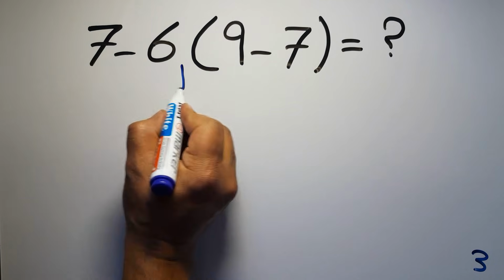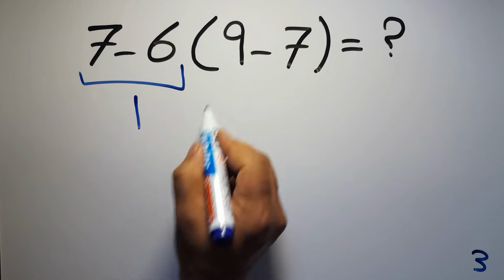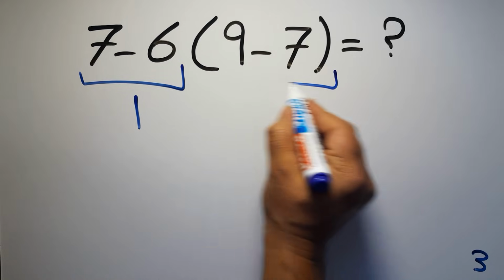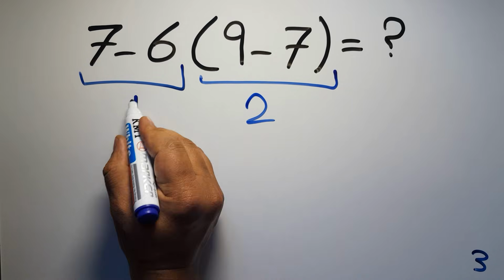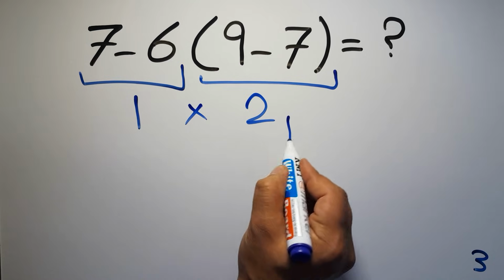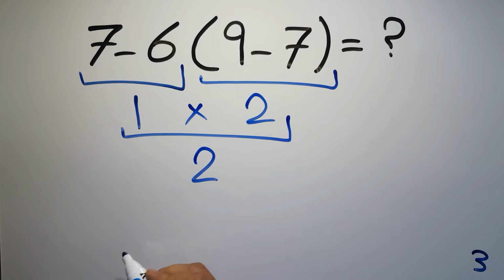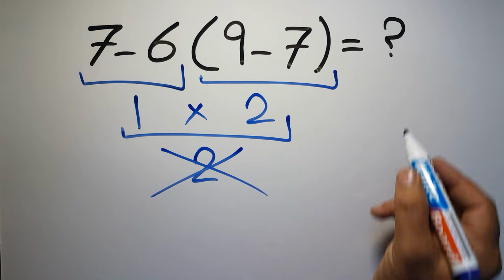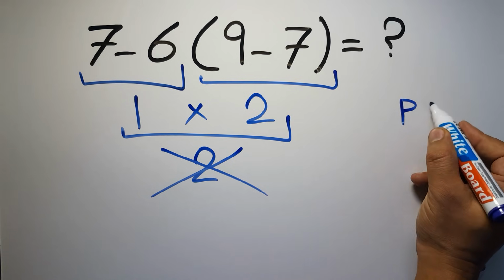7 minus 6 equals 1. And inside this parentheses, we have 9 minus 7, which equals 2. So 1 times 2 gives us 2. But this answer is not correct, because according to the order of operations, first we have to do parentheses, then